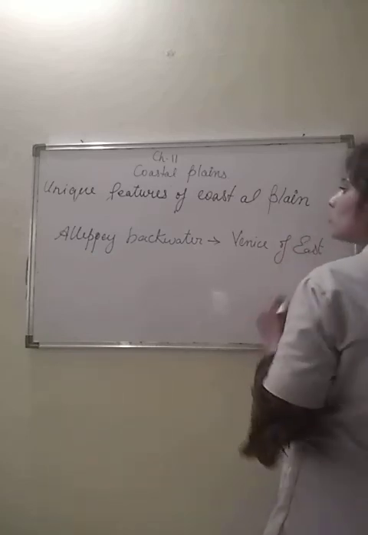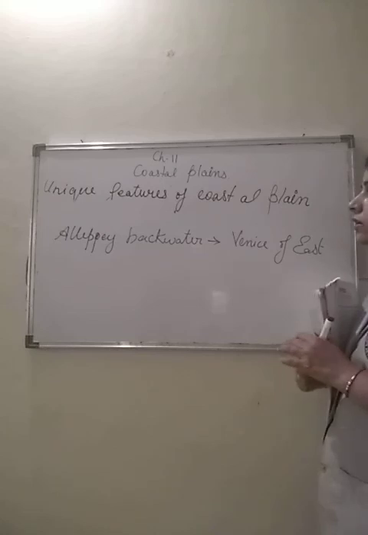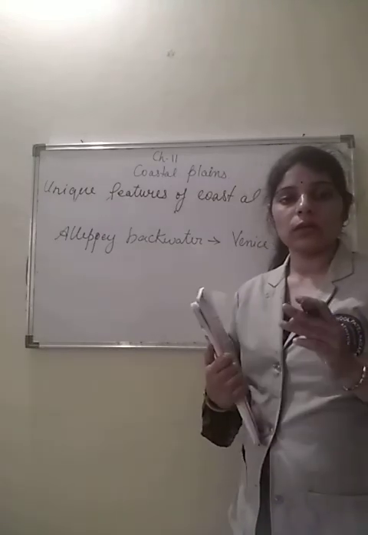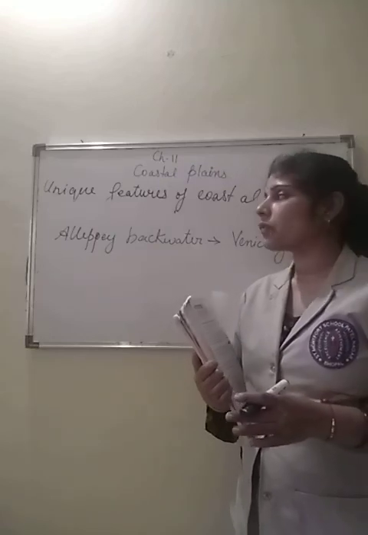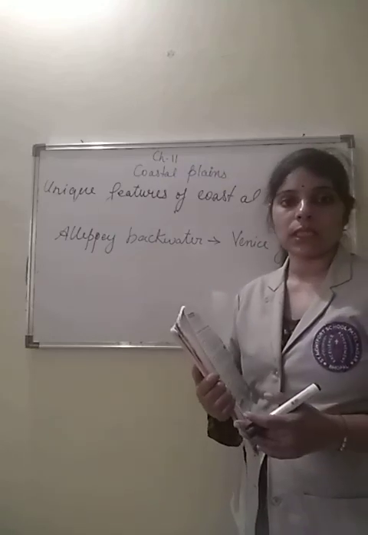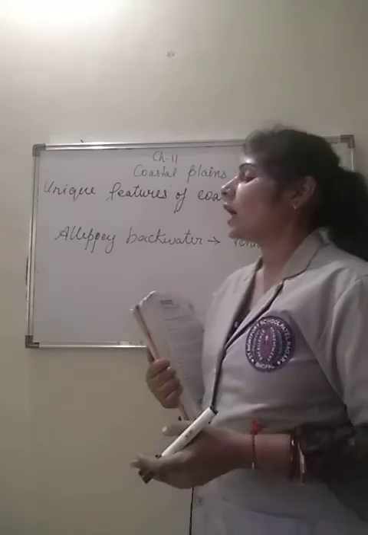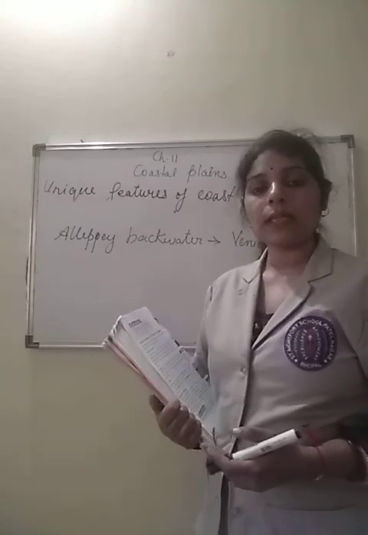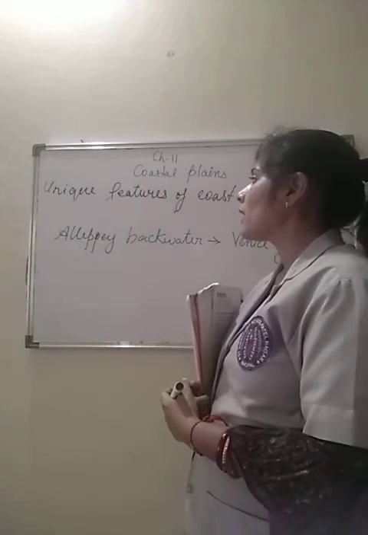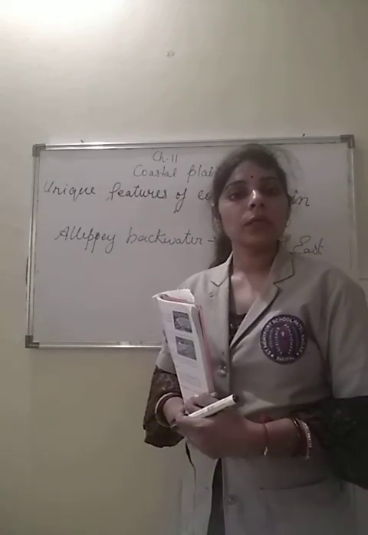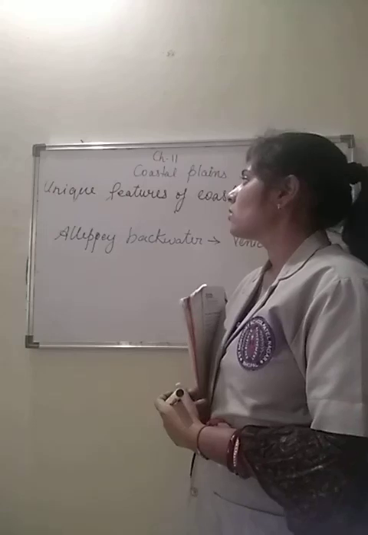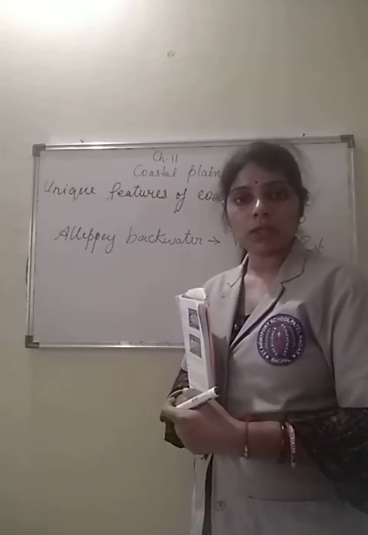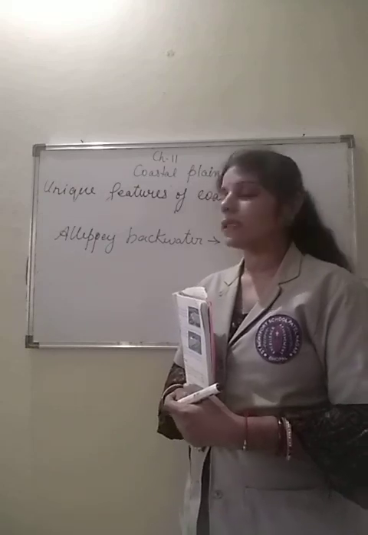So now students, I have explained all three unique features. Once more we are going through it. The first unique feature was your natural harbour. We have studied its economic importance, what this natural harbour is and how it is useful for us. Then we studied the lagoons, and then the backwater of Kerala, which is a tourist attraction worldwide. I hope you have understood the unique features of the coastal plain. Now we'll continue the topic in the next class.